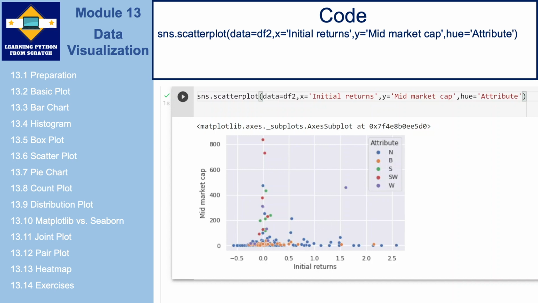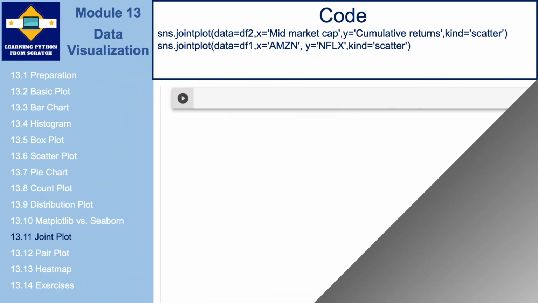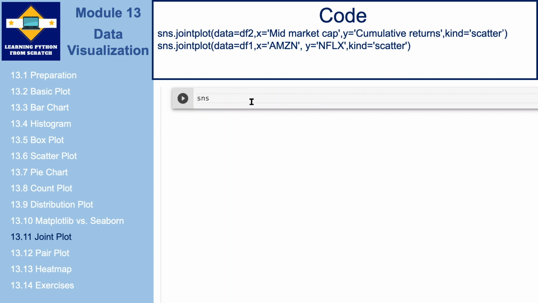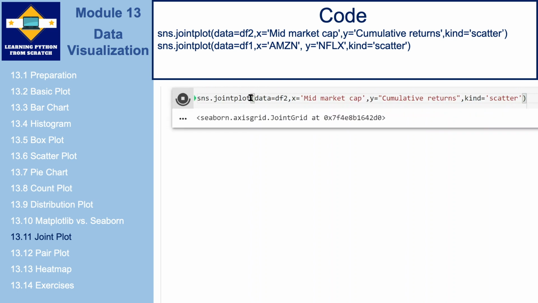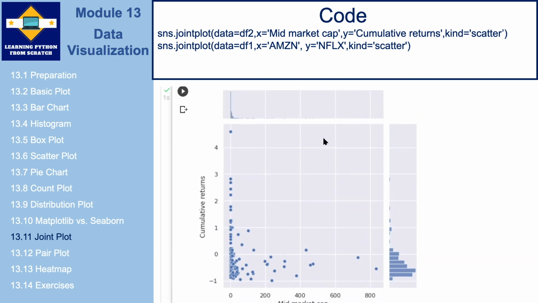Joint plot can show the histograms and scatterplots of two variables at the same time. Here we want to show the distribution of cumulative returns and market cap and their relationship. We are going to use the Seaborn jointplot method. Here the dataset is df2 and x variable is mid market cap and y variable is cumulative returns. And then the kind would be scatter. When you run it, you should be able to see the scatter plot between these two variables